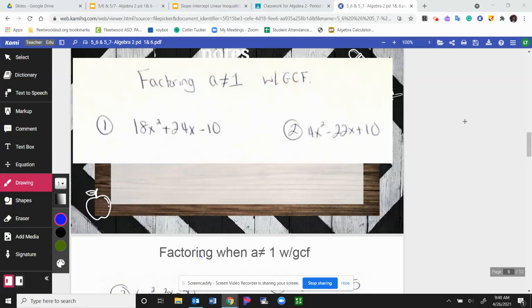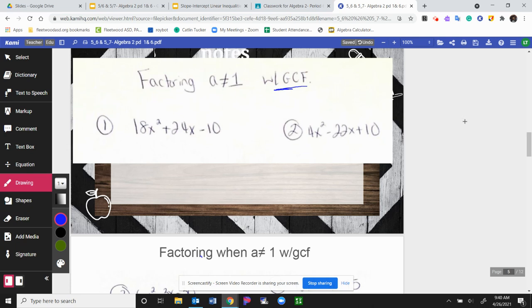Hi guys, I wanted to go over with you some notes for class today. So we were working on factoring when A was not 1 a few days ago. We were practicing, and now we're going to look at it with the greatest common factor. So nothing really changes. We already know that we always need to be looking for it with the greatest common